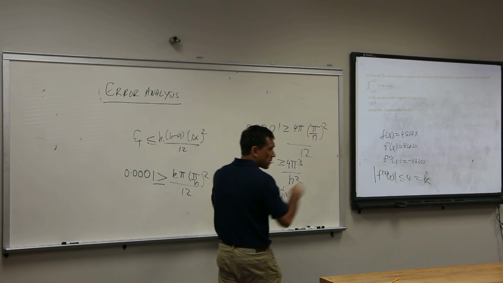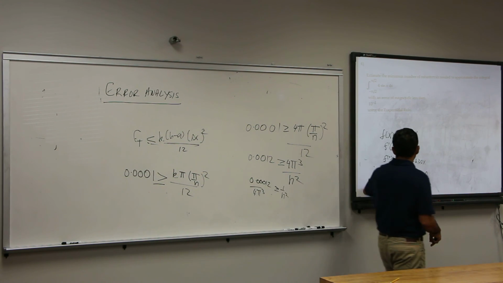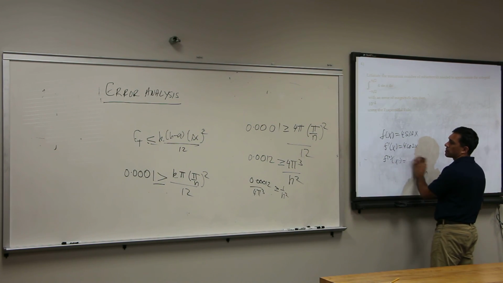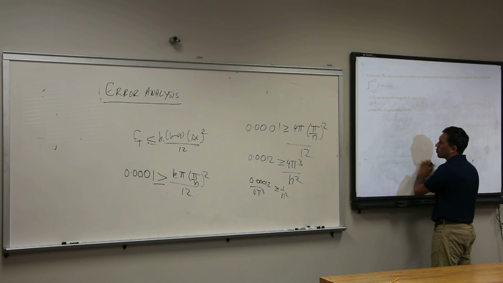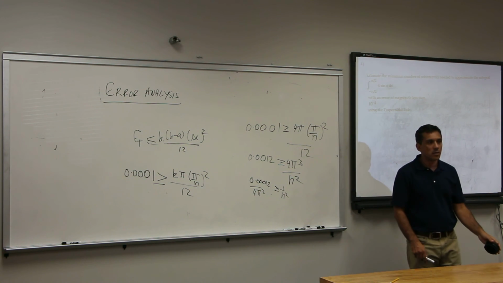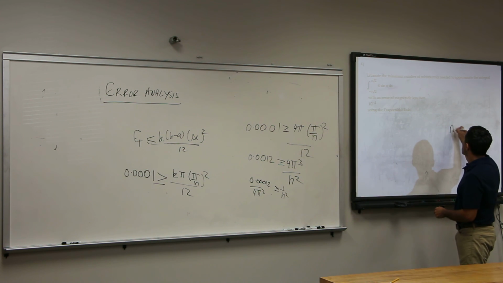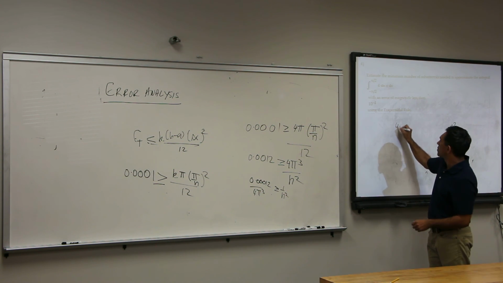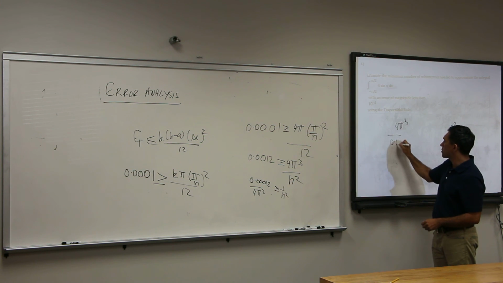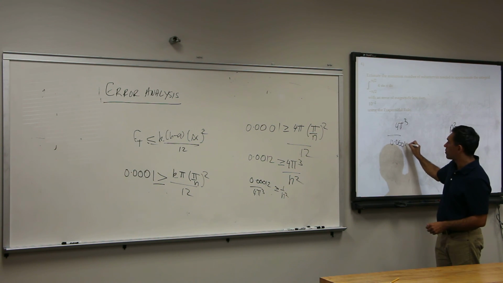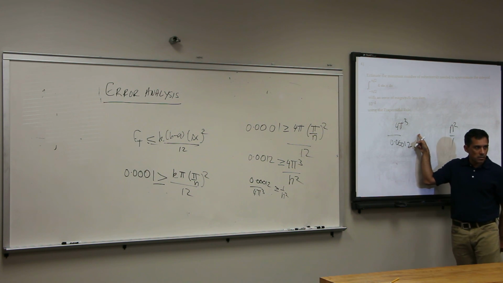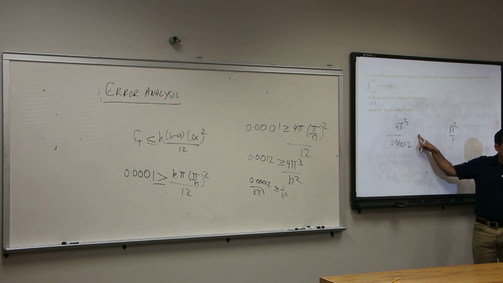That's why I'm using absolute value. What's next? Take the reciprocal of both sides. You reverse the inequality. Because if 1/2 is less than 1, I'm sorry, 1/2